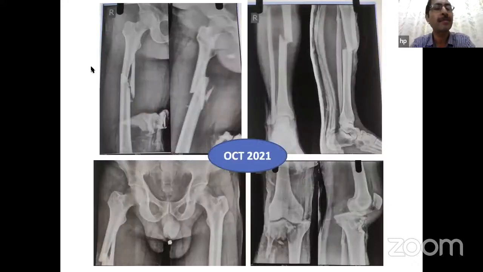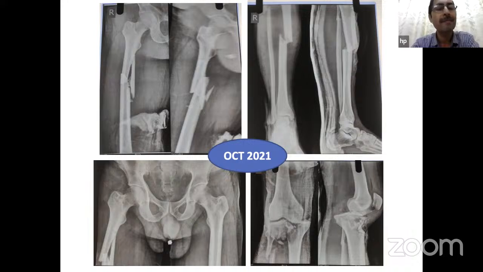Next slide, please. Here you can see that the patient had a fracture of the femoral shaft with a large displaced butterfly fragment. He has a fractured tibial shaft and fibular shaft fracture along with a tibial condyle fracture. A very severe high velocity trauma due to RTA. This patient was managed elsewhere with IM nailing of the femur and plating of the tibia.